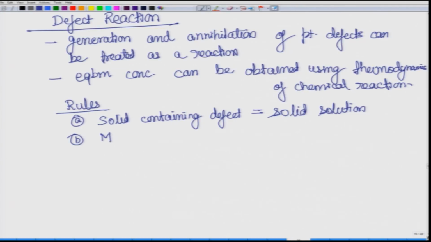Mass balance. When you write it as a reaction, then on the left hand side and right hand side you should have the same masses. Of course, here vacancies, and if you are talking about charges, then holes, vacancies and holes have no masses. So, you need not worry about the mass balancing of these entities.